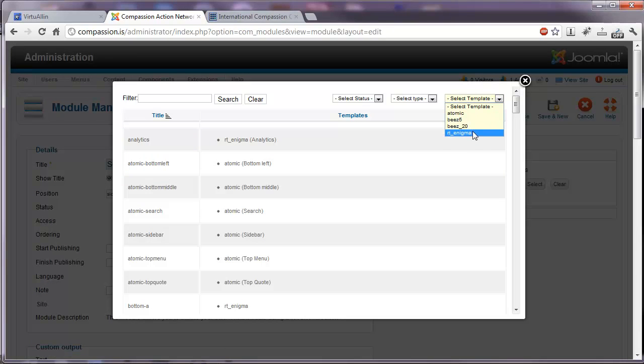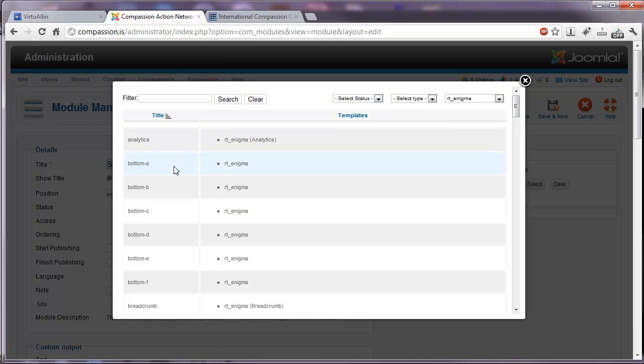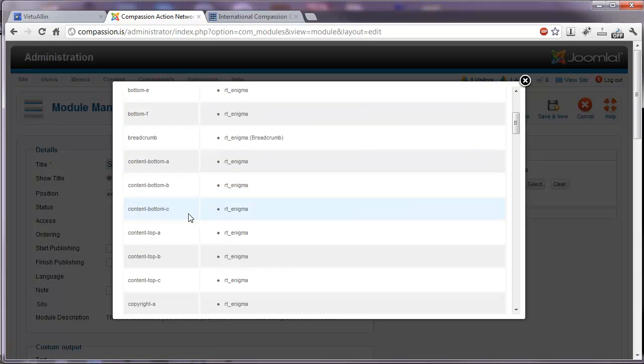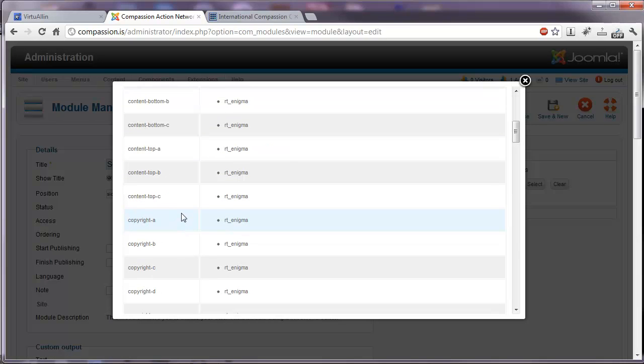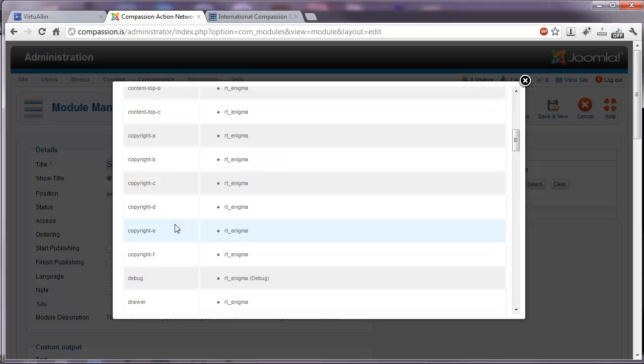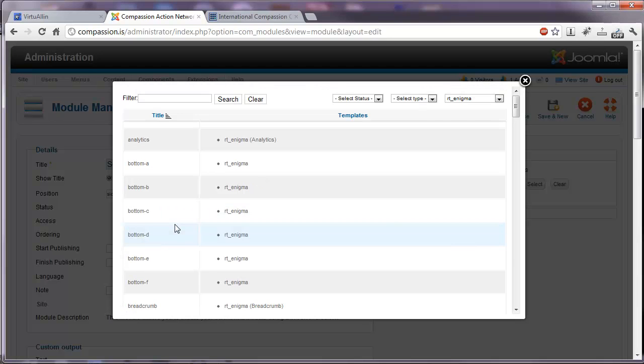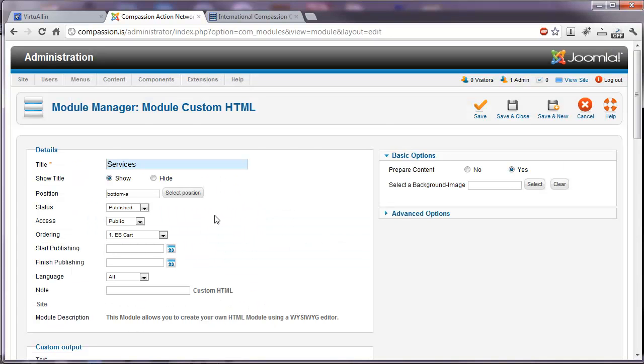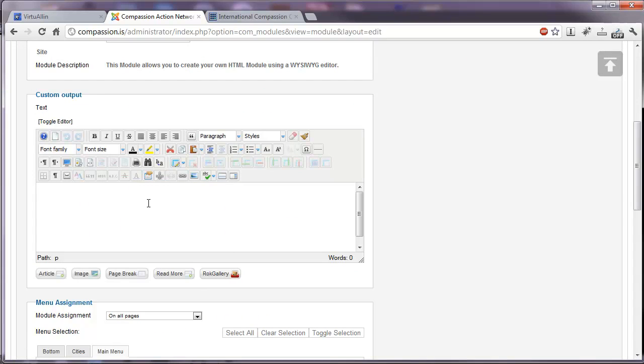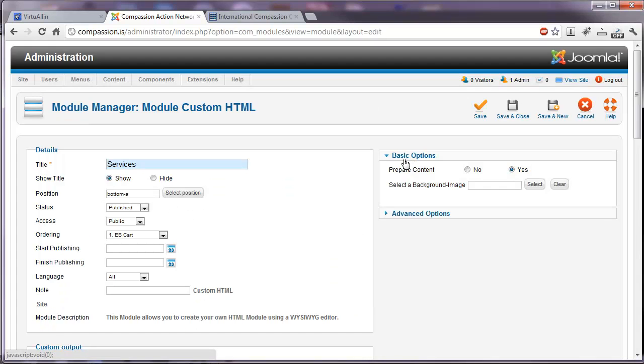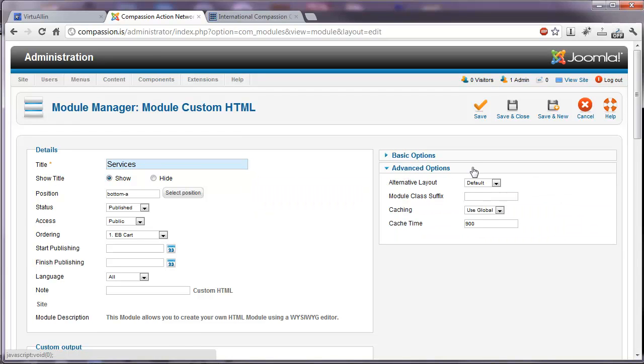We're using Enigma, and here are a list of all the possibilities that you can choose, and usually you will have some kind of resource that will show you where those will show up in relation to the content on your site. I can select bottom B, for example. We have our same editor screen that we have in articles, so you can upload an image, add some text. You have the option of setting some basic options here,